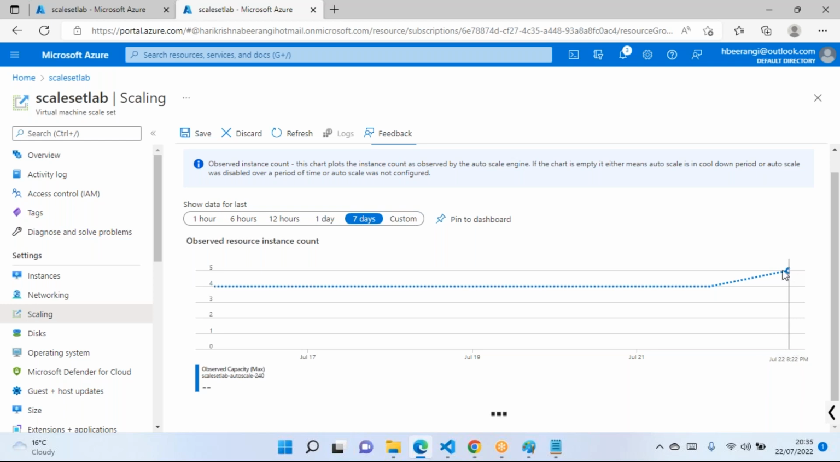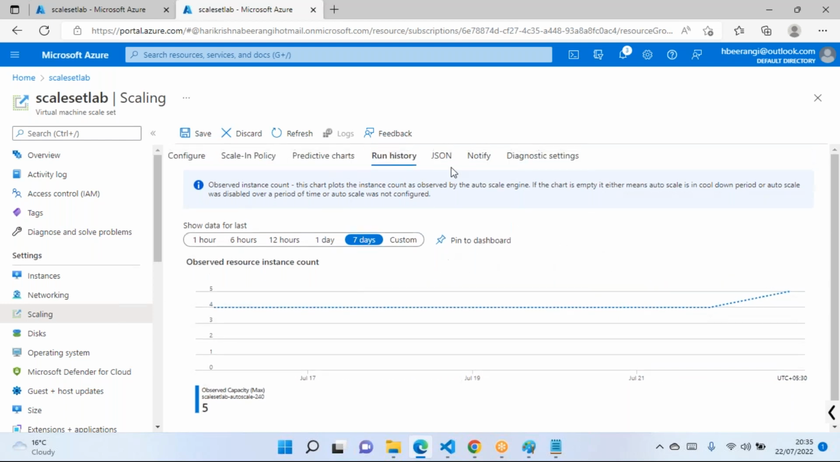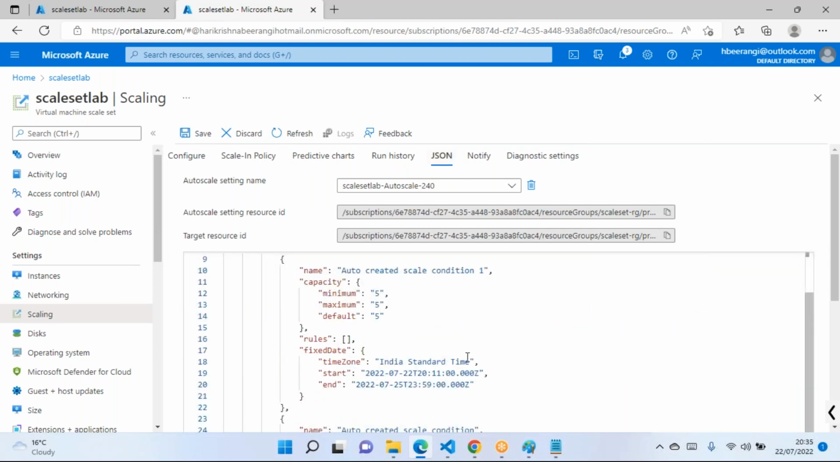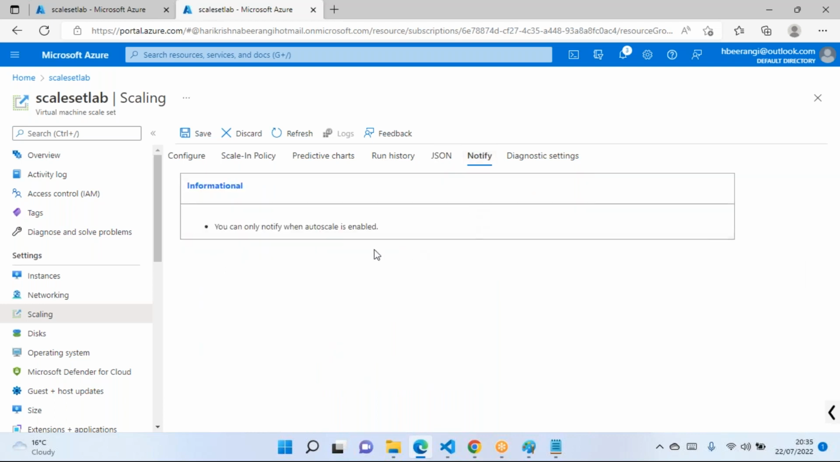Okay, this is just a history that you can observe from this console. JSON, as I mentioned, each and every configuration that you do using the graphical interface, you will have all that converted into JavaScript, which is like JSON. Okay, and notify, if you want to get an email notification whenever there is an auto scale rule enabled,